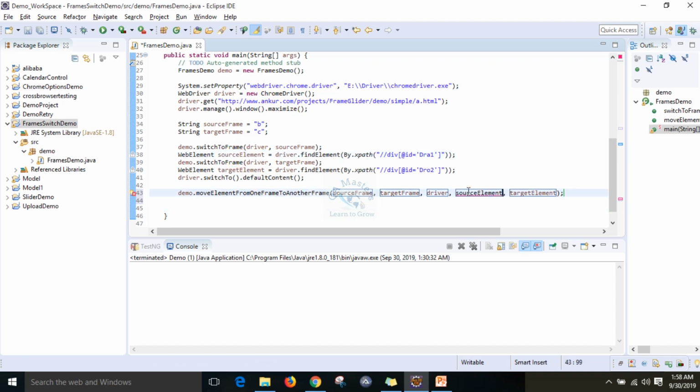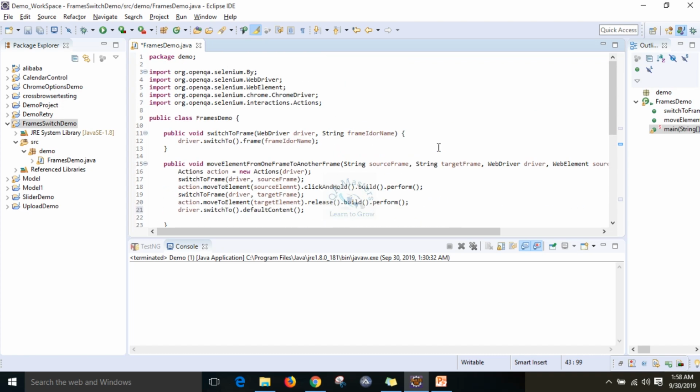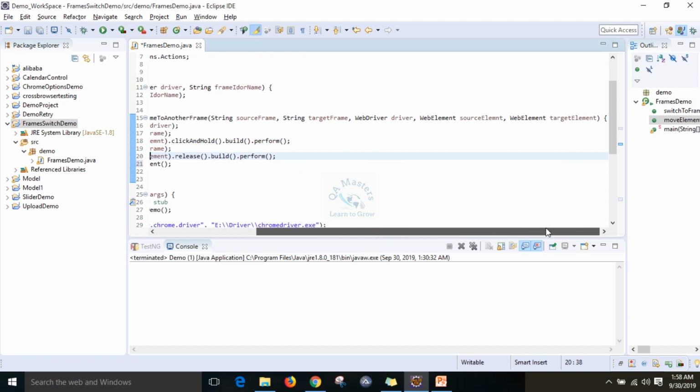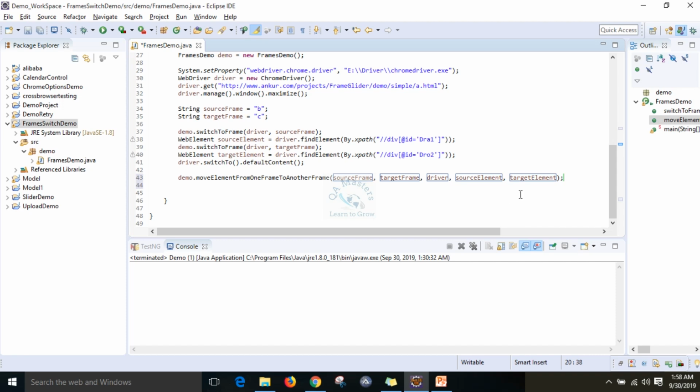Okay, spelling mistake over there, I think. How I have handled here, source element, target element, but why is it giving different target element? Okay, source element, target element. Okay, anyhow this is fine,